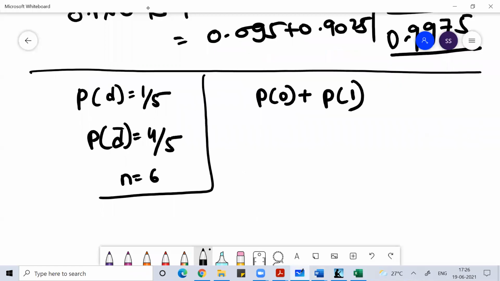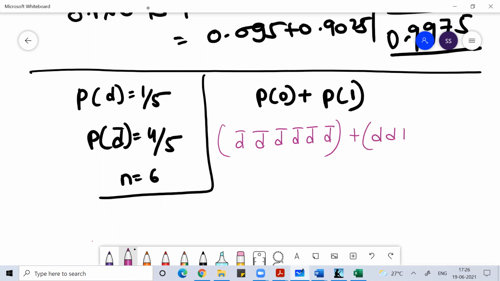So what is the probability of finding among them not more than one defective component? The maximum defective component you can get is one. Not more than one means maximum is one. So to solve this problem, no defective means all the 6 are non-defective. 0 defective means all 6 are non-defective, and one defective means one is defective and 5 are non-defective.